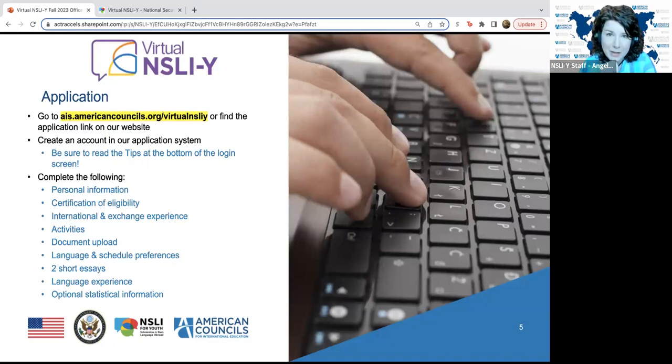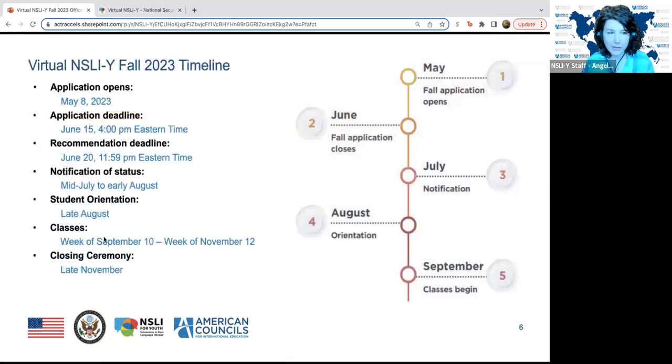And on the day of the application deadline, we tend to receive a very high volume of questions. So please do plan ahead if you do have any questions that aren't answered today or that come up for you later. All right. Our next slide is just a little preview of what the timeline will look like for